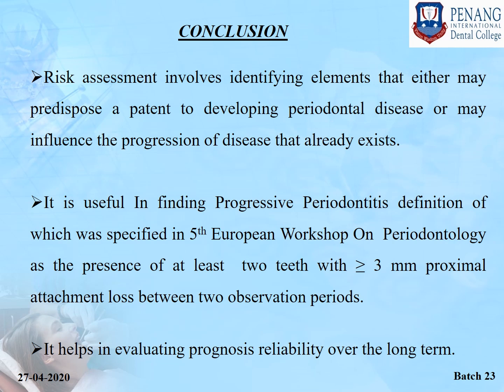Then comes the conclusion. Causal inference, in other words, is the process of drawing conclusions related to the cause of a disease. This was given by Hill. It contains 6 subheadings. First one is strength of the association. The stronger the association between the potential risk factor and the disease presence, the more likely it is that the anticipated causal relation is valid.